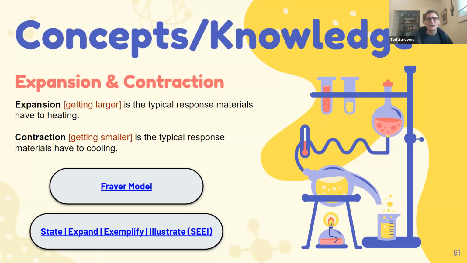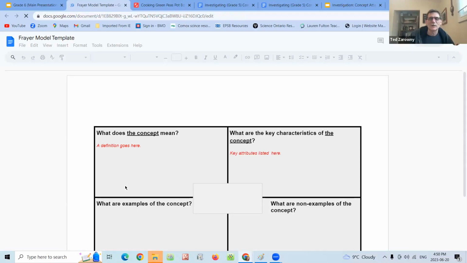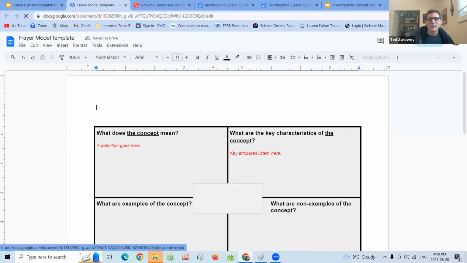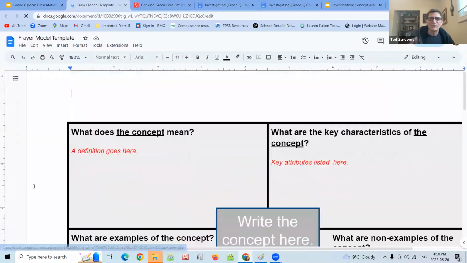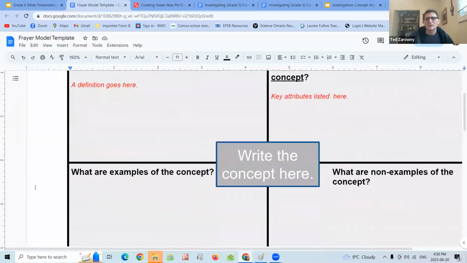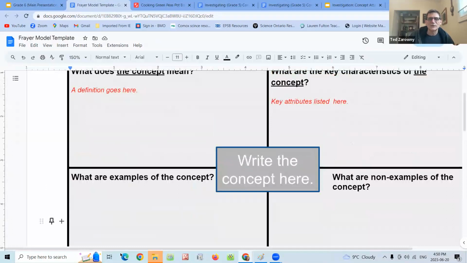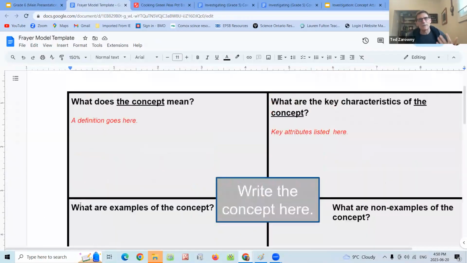You may want to have students develop or keep track of their individual concepts on one of these templates. You could use one for each concept. The Frayer model is one of them that you may be familiar with. Just a quick look at it, Chris, and we'll move away from it. You can click on that. The other one is fairly similar, where you put the word of the concept in the middle. For example, expansion. You put it in the middle, the definition goes there, the attributes, what is expansion, and what are examples of it. Non-examples would be contraction.